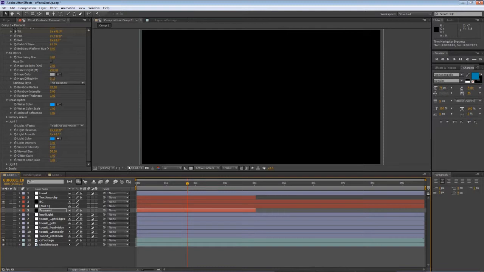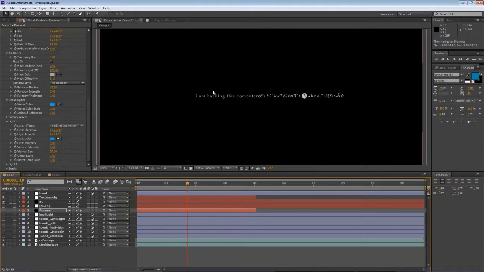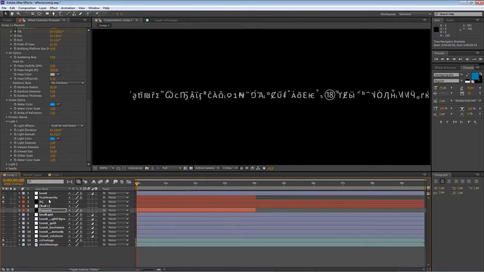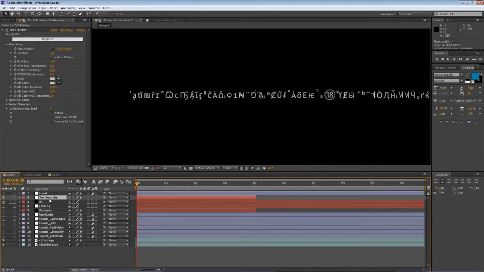And one last effect I want to cover is called Text Anarchy version 1.4. And Text Anarchy allows you to animate your text, any written text. You just type it in and you can do a whole bunch of cool stuff. So I've chosen my favorite preset of Text Anarchy, and I've chosen Hacker. And Hacker allows you to type a phrase or a paragraph of words or something, and you